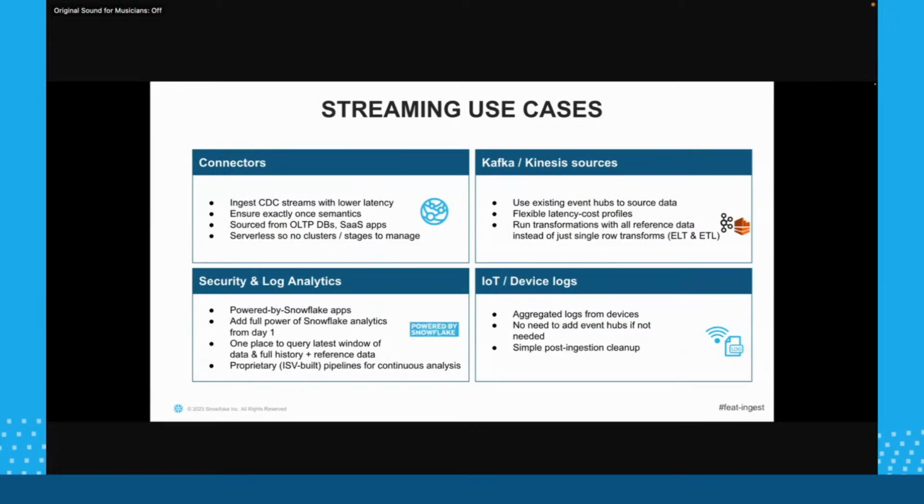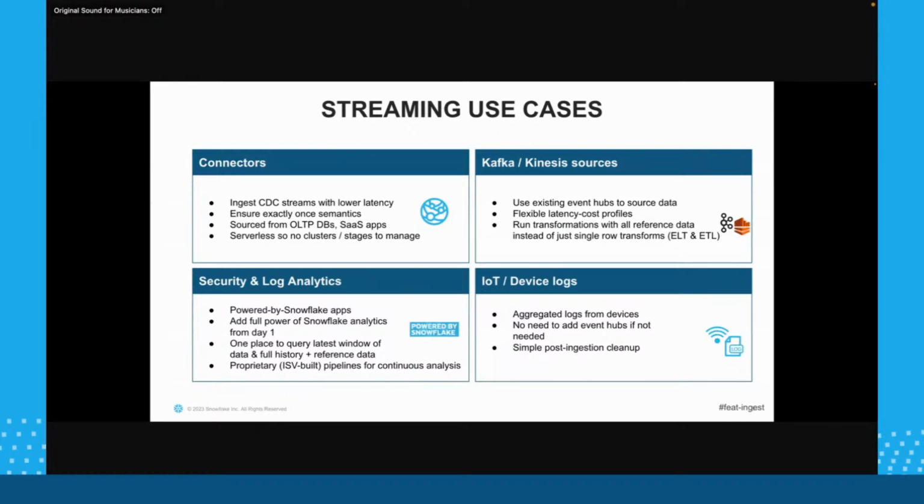So what are the different use cases for streaming? Number one is a connector. Whenever I talk to a lot of my customers who have their data on-prem, so it can be a SQL Server, it can be an Oracle machine, it can be a MongoDB instance, they keep asking me, how can I move that particular data to the data cloud, to Snowflake, in real time? Now the answer is Snowpipe Streaming. You can set up Snowpipe Streaming on your on-prem systems. Whenever anything changes on your on-prem system, that particular change data is captured, and if you can push it to Snowpipe Streaming, it immediately reaches your Snowflake table in no time.